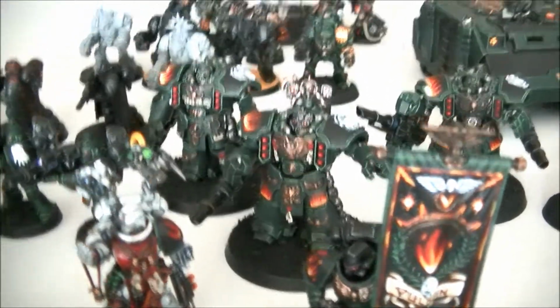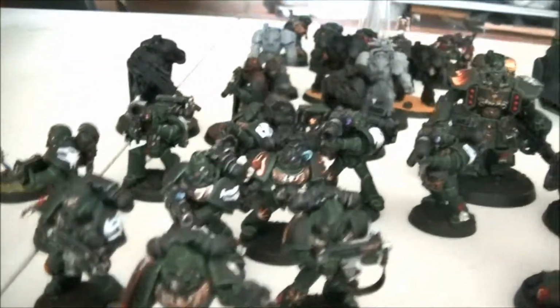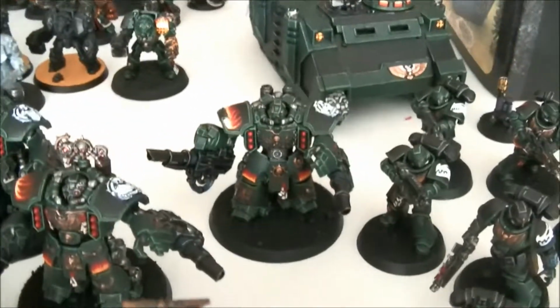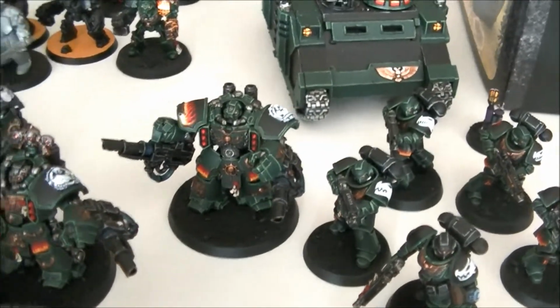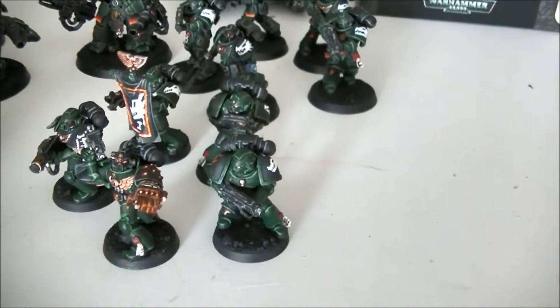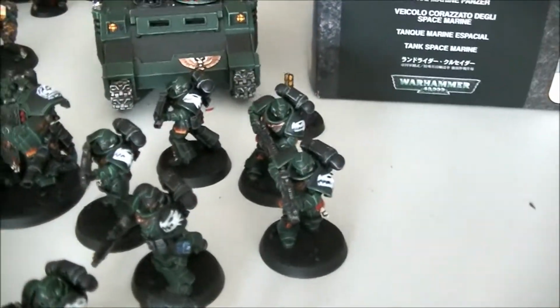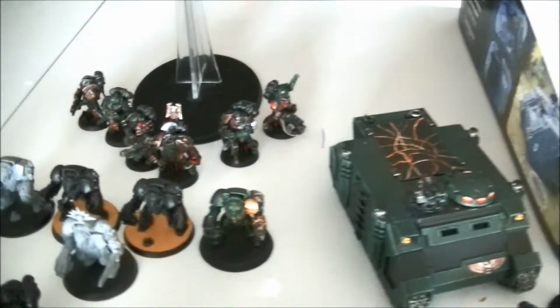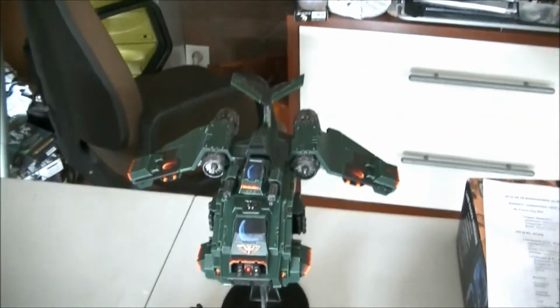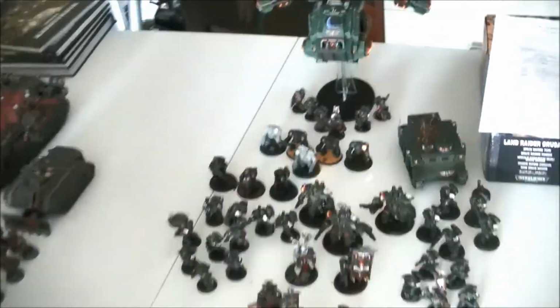it's called the apothecary, then a unit of tacticals, a unit of devastators, centurion devastators with missiles and las cannons, another unit of 5 tactical space marines, intercessors, a rhino, 5 terminators, and then the veterans that will go most likely in this Storm Raven. So here we have the army, and now we are